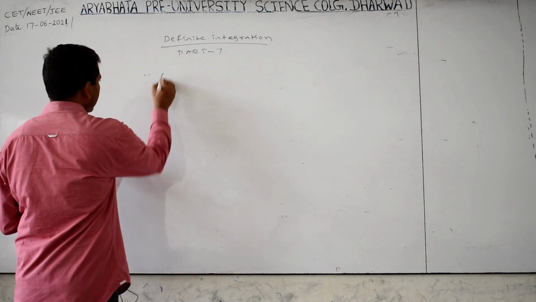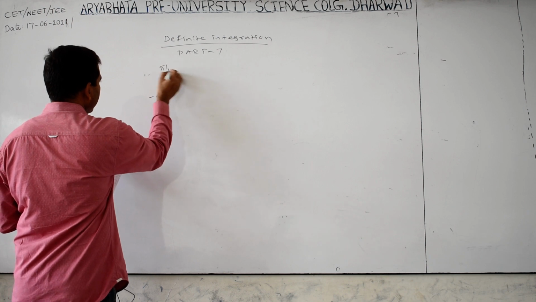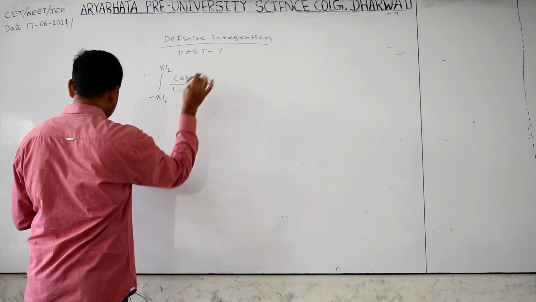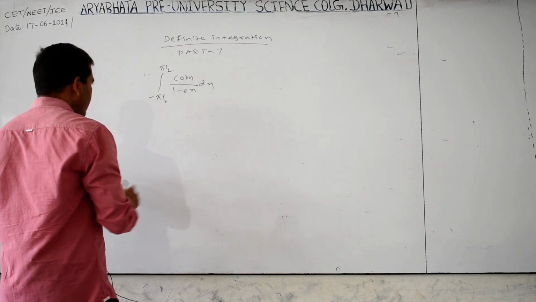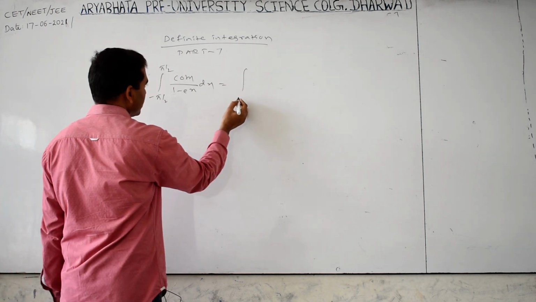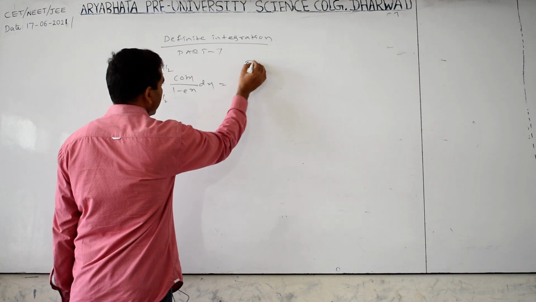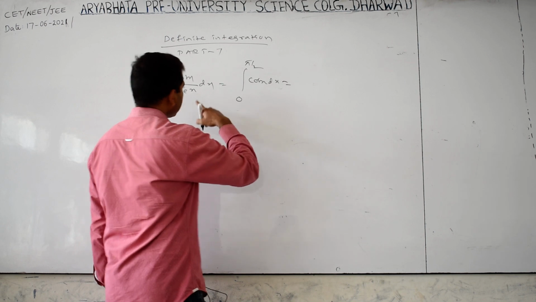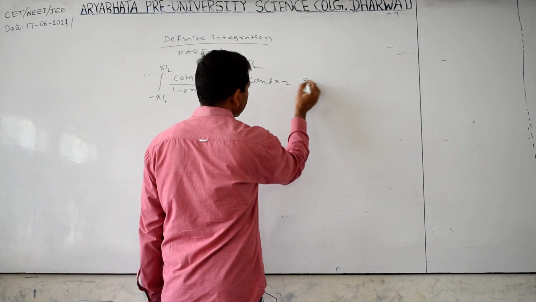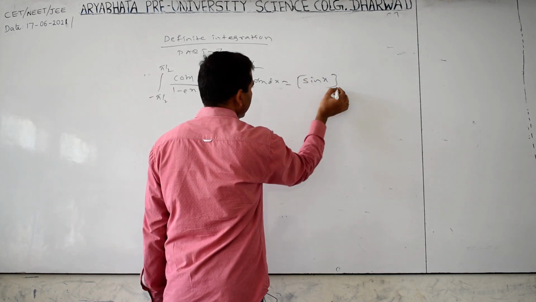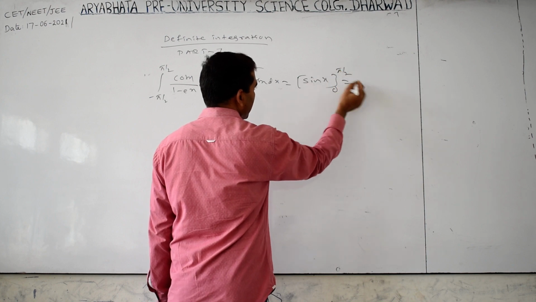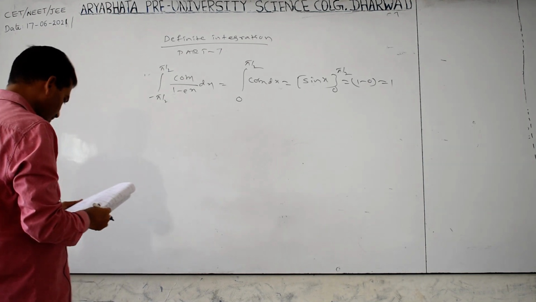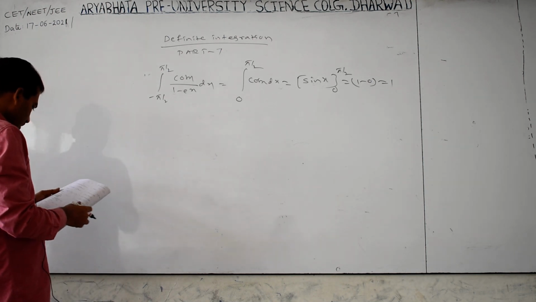Next, integration from minus pi by 2 to plus pi by 2 of cos x by 1 minus e power x dx. These are the same thing. Integration of 0 to pi by 2 of f of x, cos x dx. It's an important type of model in JEE. Cos x integration is sin x, limit 0 to pi by 2, sin pi by 2 is 1, sin 0 is 0, answer is 1. Okay. Next,